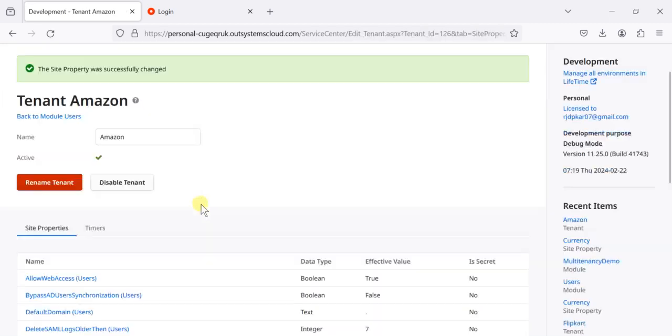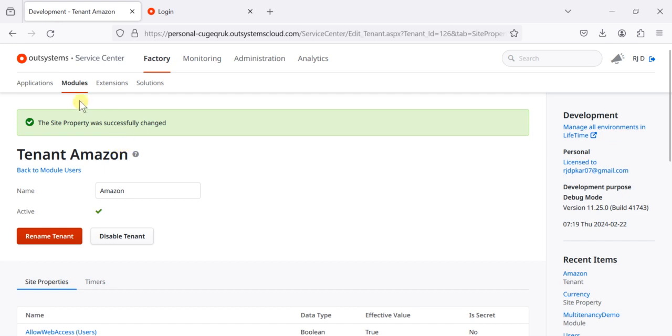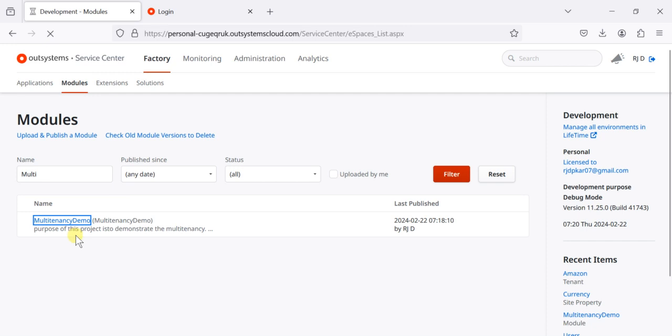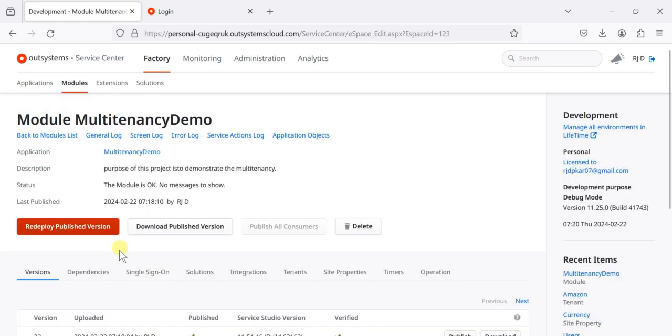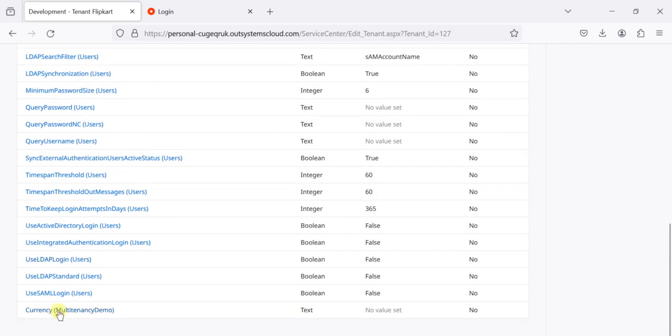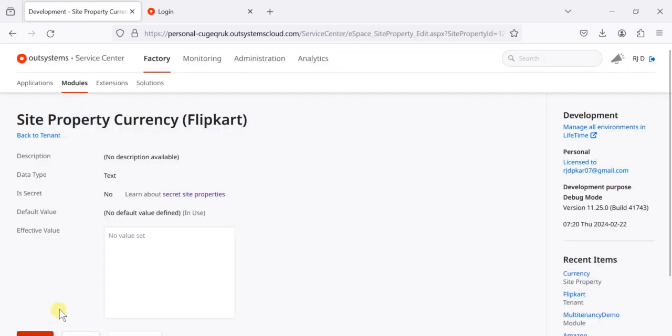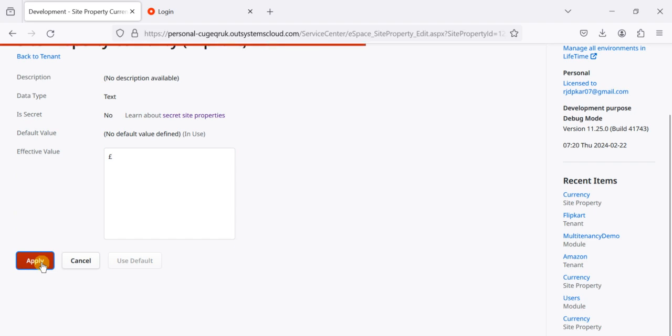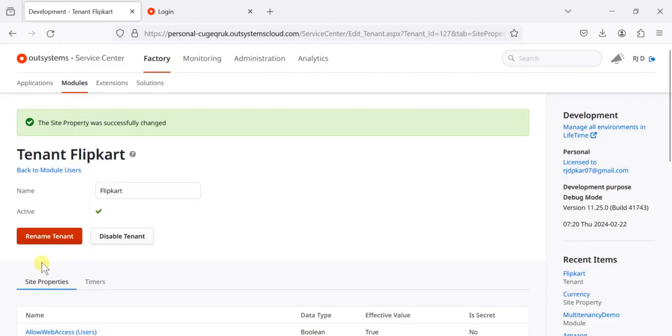Okay, this value is changed now. Now let me go back to my module and go back to the Flipkart tenant. For the Flipkart tenant, I want to display the value with the pound symbol. So let me set this value with the help of the pound symbol. Let me hit this apply button. Okay, now both the values are set, and for the user module, I'm not going to set